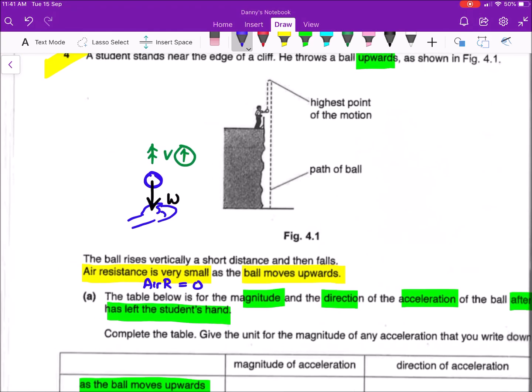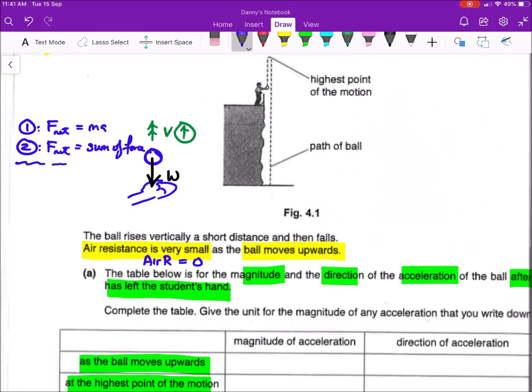So now if I go and write down, I want to analyze acceleration, right? I need to make use of two equations. Number one is your F net equals ma. The second equation that you need to use is your F net equals the sum of forces. So actually, this is at the beginning. Of course, we will write down both equations, but most of the time, we know that eventually we are going to combine these two. So most of the time, we will just write down sum of forces equals ma,